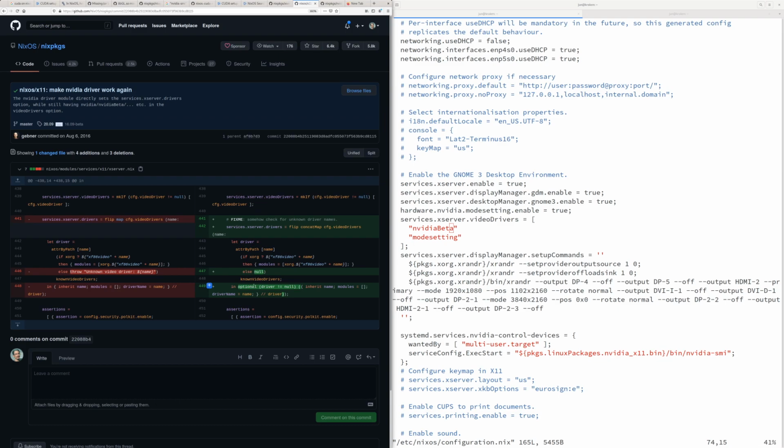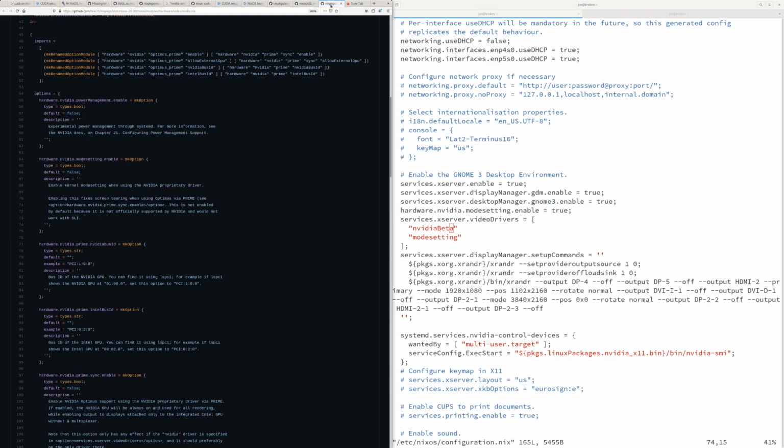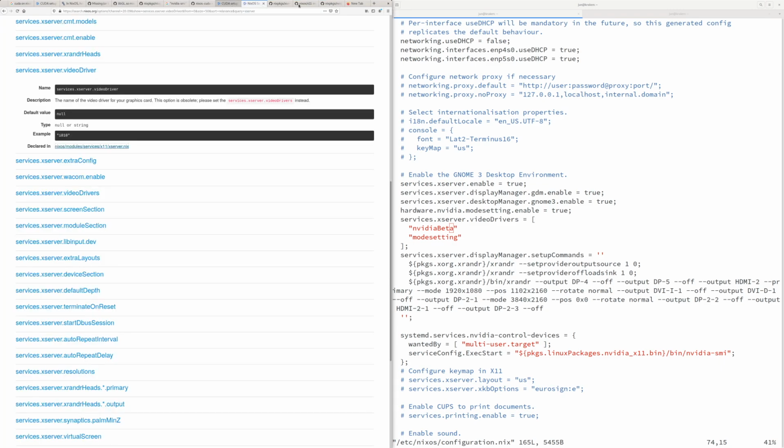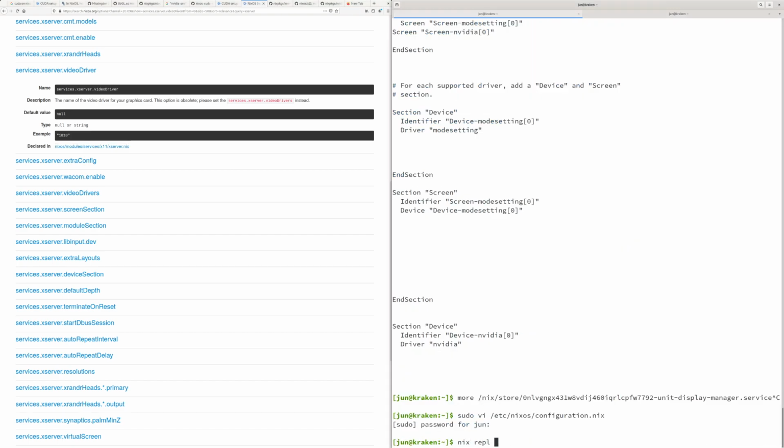Optional driver, not no. This looks a bit ugly. So it should be in xorg, I think. So I suppose packages.xorg. So we might need to check that out in the Nix REPL with